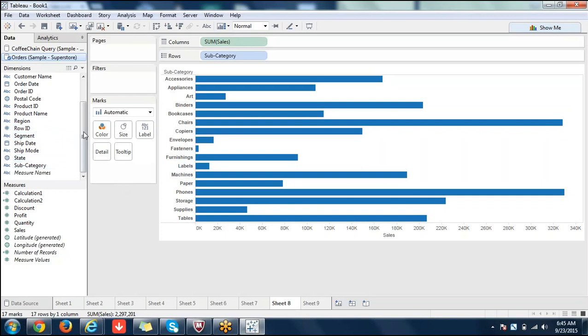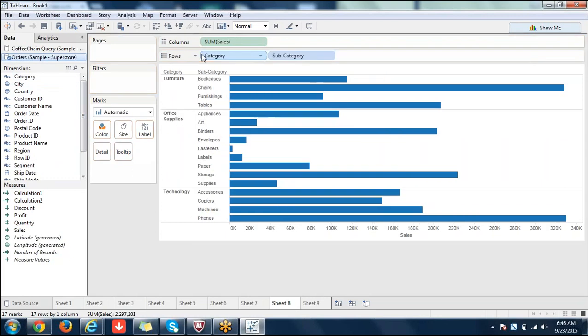Now I need to pull in category. So guys, please observe, each and every bar is called a cell here. Each and every individual bar is called a cell or data point. Please remember it as cell only because it's a type word.